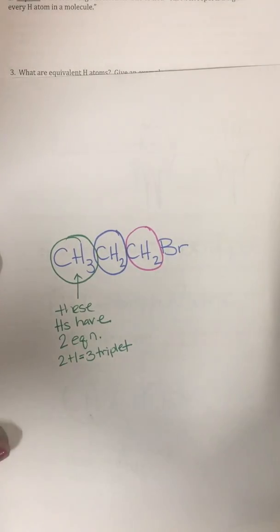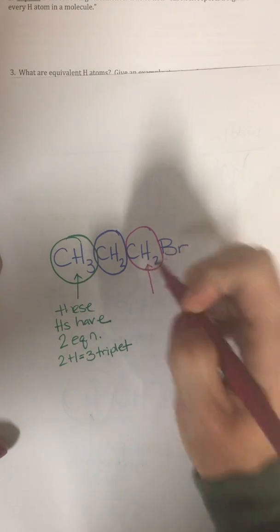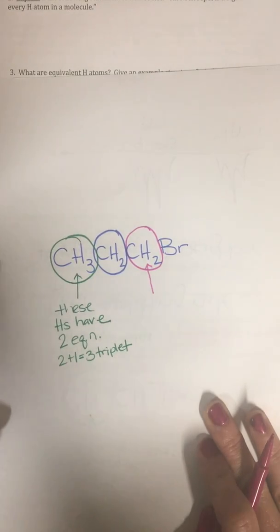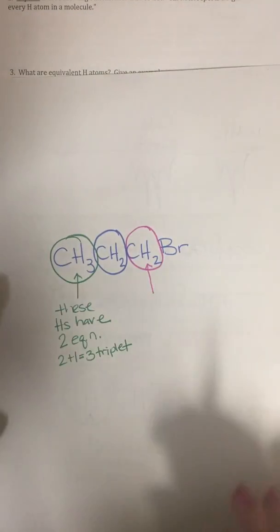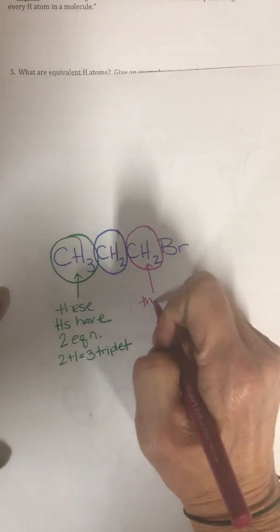Now we're going to switch all the way over to the right here. Now these two hydrogens that are a little bit more downfield, again in that 2.5 to 4.5-ish parts per million region. Again, lots of things down there. If you look at your chart, we talked about things that are next to oxygen, next to nitrogen, next to halogens, all in that sort of 2 to 5-ish region there. So those ones that are a little bit more downfield, if we count how many neighbors they have, we would say these hydrogens